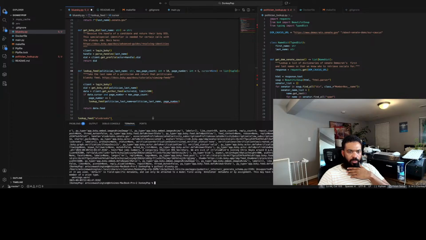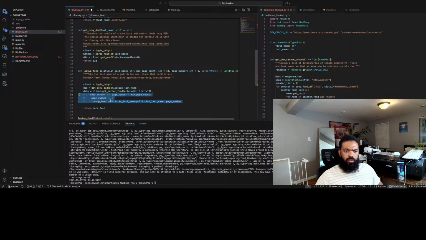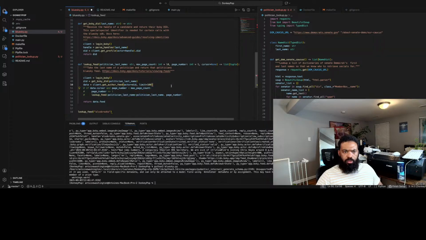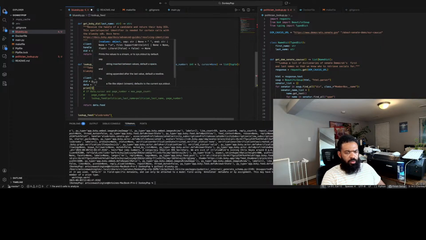What's the type on that? Just a sec. Print type data.cursor.